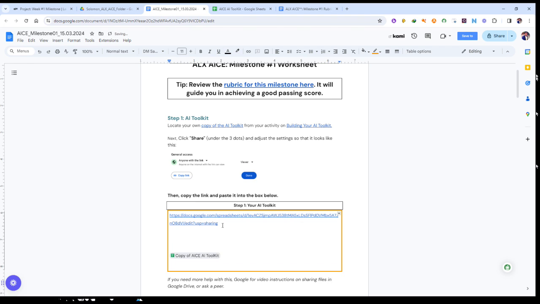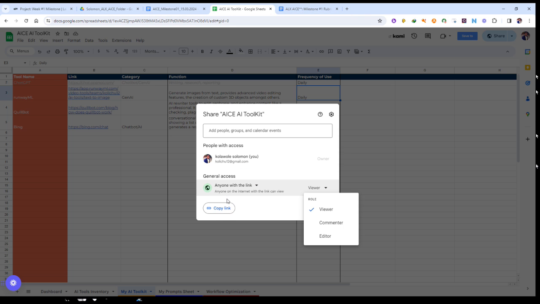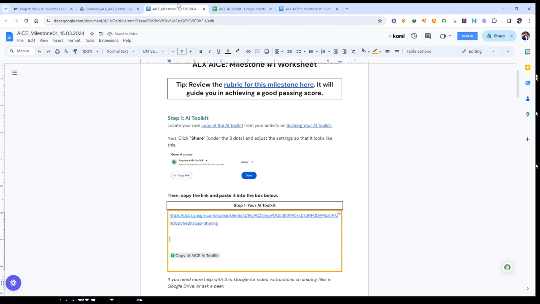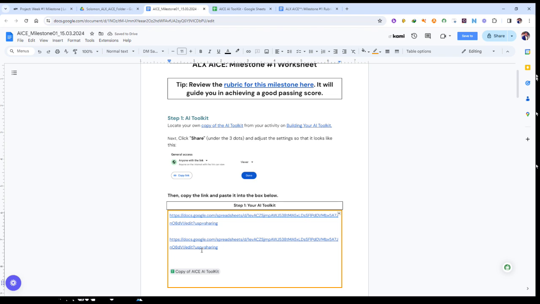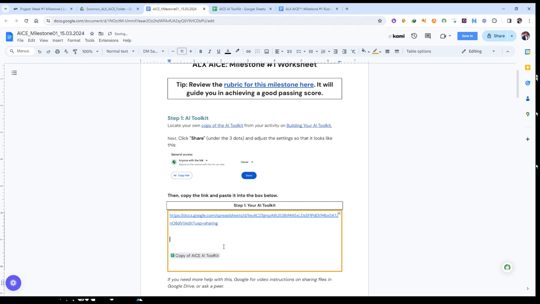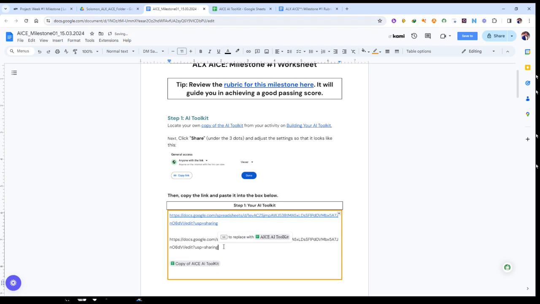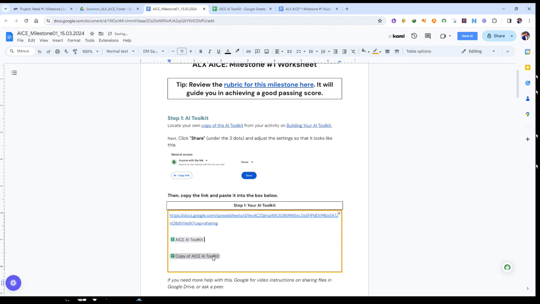Now, in case you are wondering why I have two things, sorry, let me just click on copy link. In case you are wondering why I have two things, if I click on enter, it becomes blue. When I tried this, it says here, tab to replace with this. So I did a tab and then replaced it with that, but